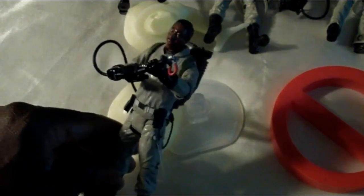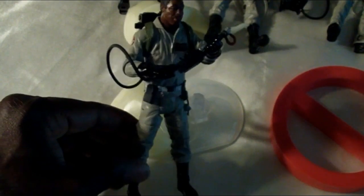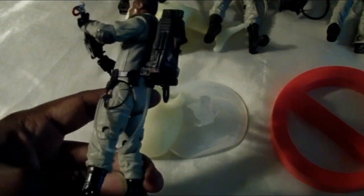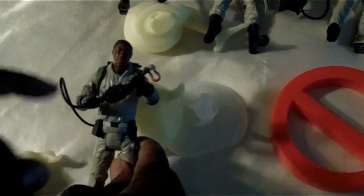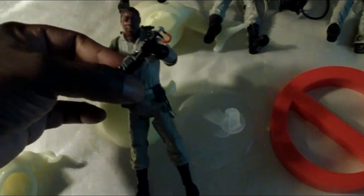There's other companies doing Ghostbusters, but I think these are pretty cool, really nice, and they don't take up much space. Just too bad they didn't have walkie-talkies that can come out, or come with ghost traps and stuff. The cool thing about them all, though, is if you got the earlier Ghostbusters, mainly Peter, which, you know, if you have to buy the 2-pack, the stream actually fits on here, like I did in my other Ghostbusters video